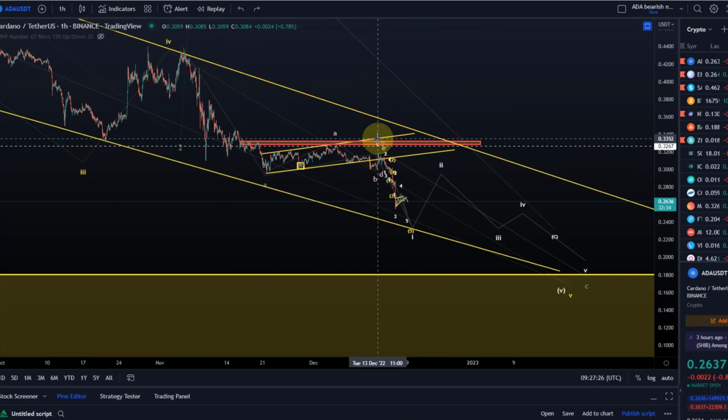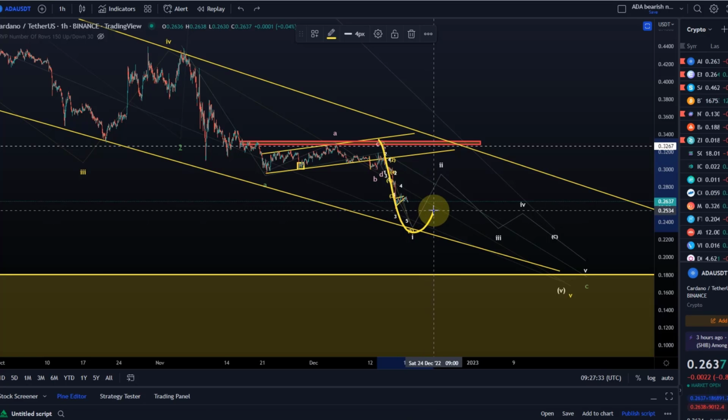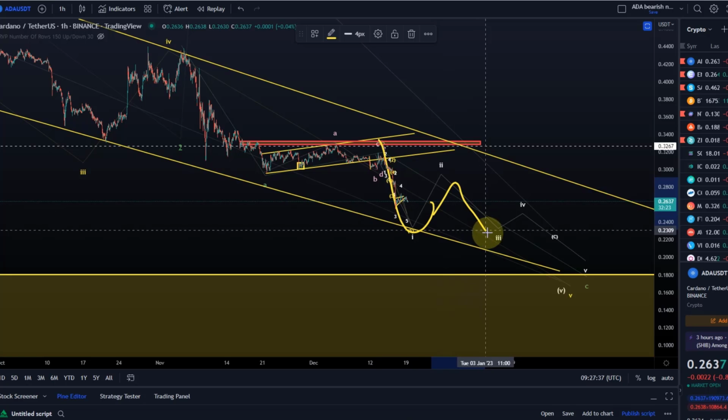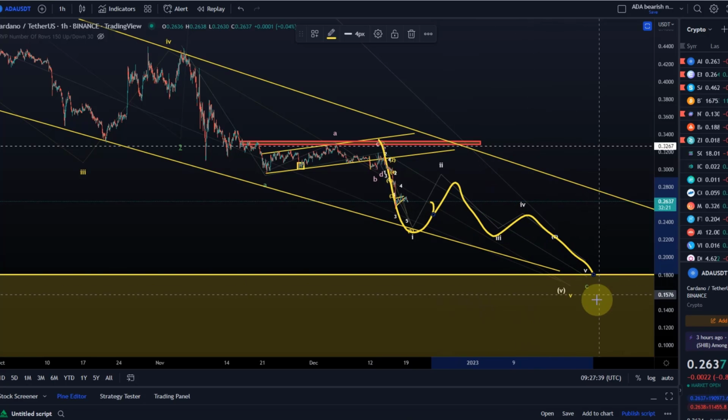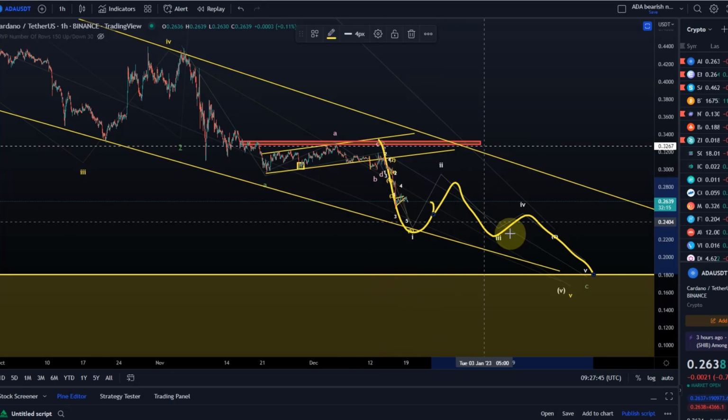So if we make this low in 5 waves, my first assumption will be that every move up will most likely be corrective. It just fits better the overall context, so that we will continue further down in a larger 5-wave move. That the wave C is not finished with these 5 waves, but that this is only the first wave of the larger 5-wave move.